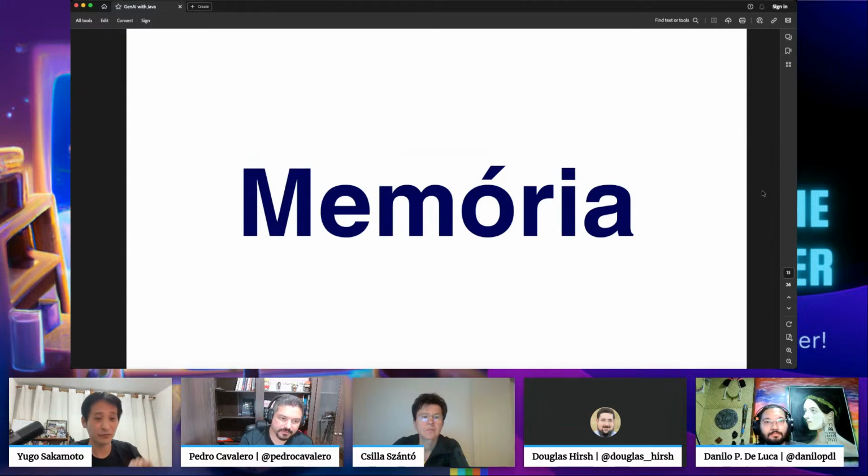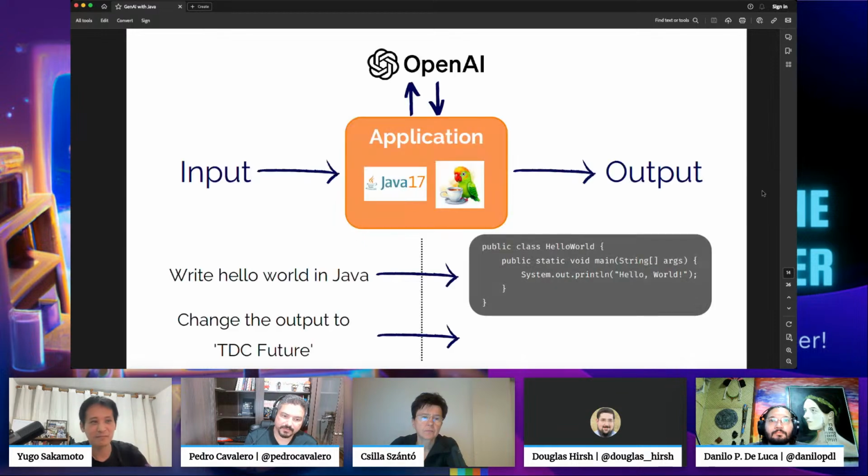We have one more here, memory. It's good to understand a bit about how memory works, right? As we are talking about chatbots, like we do in ChatGPT, if you use it already, you can see that there is some consistency. It looks like it remembers every message that we send to it.